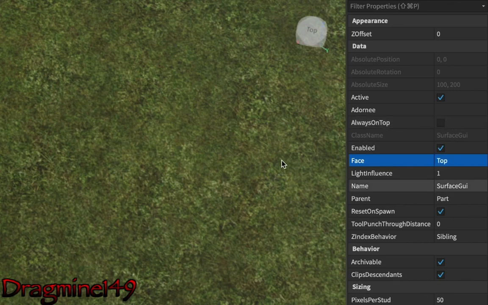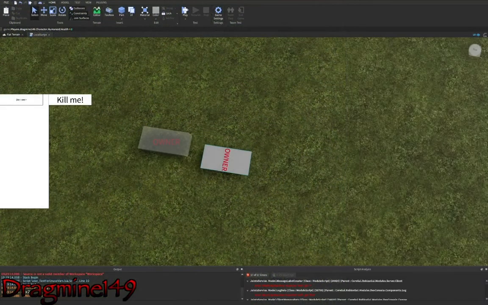But if I set this face to top, and then go back, as you can see, right here, it's on top. Depends on the face, depends on where it is.